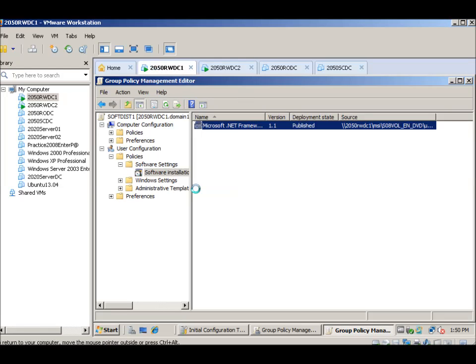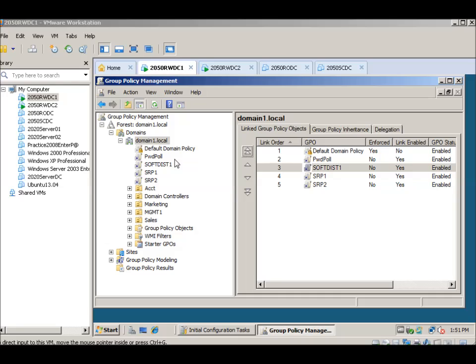One thing I did forget over here was when we went and got this, as you see right there, it's on the C drive of our 2050 RWDC1, MSI, Sys08 volume, upgrade, NetFX, and then we selected NetFX there. And that was part C of 9.1, and the part D wanted us to change it from published to assigned,